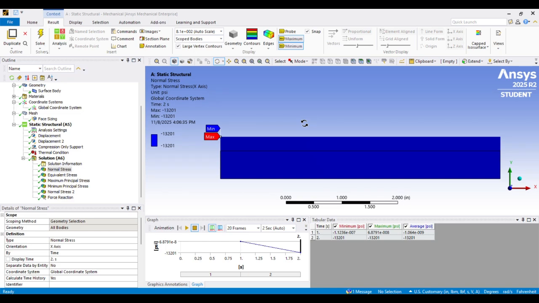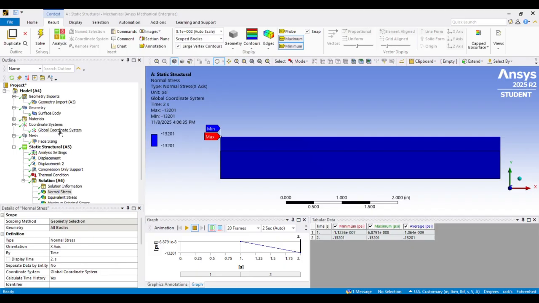Welcome back for the second part of this video where we look at thermally induced stress due to thermal expansion in a constrained bar using a 2D plane strain analysis. So we're just going to look at the results of this analysis, and just to go over, I'll recap how we